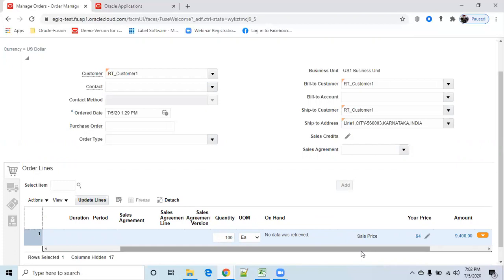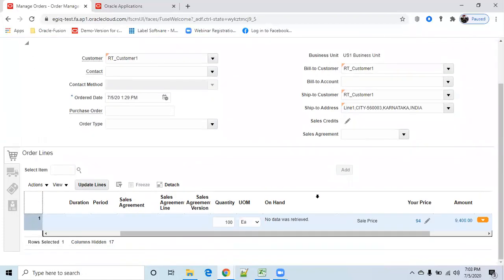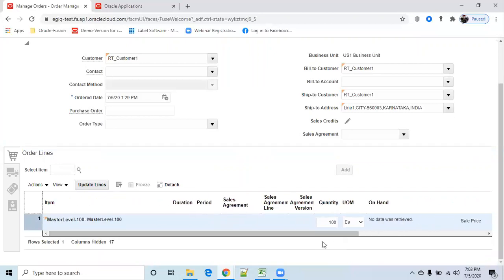Now we have seen how to define your pricing strategy and how to create the order. Remaining things we'll see next class: how to submit the order, and once you submit, what will happen. There are some more concepts, like the order orchestration process, that I will explain in the next class. Now we have seen only pricing: how to create the customer, the segment, the strategy, how to add your pricing list, and then how to make your pricing strategy assignment.